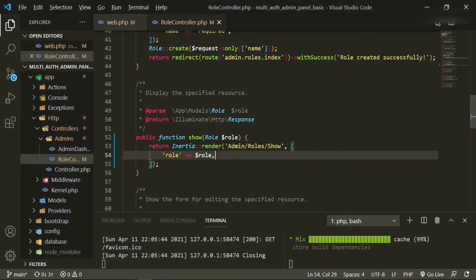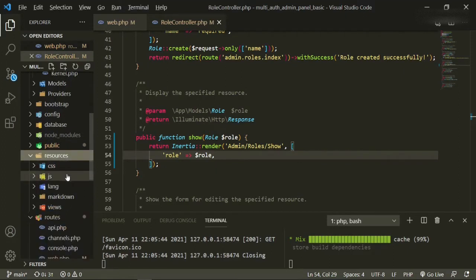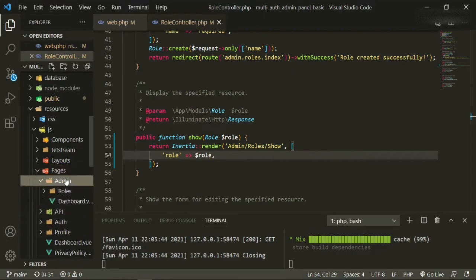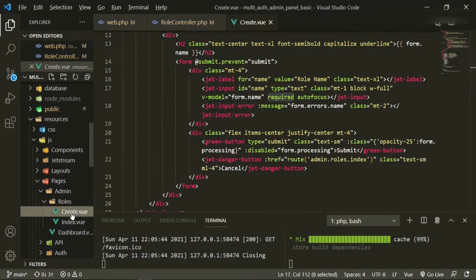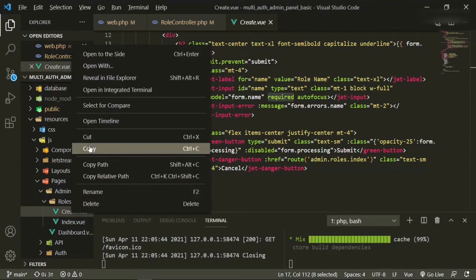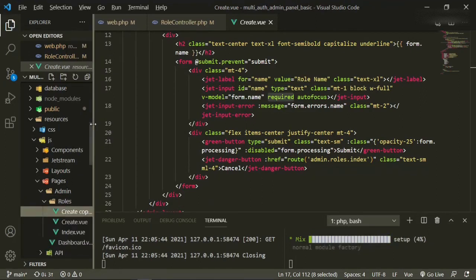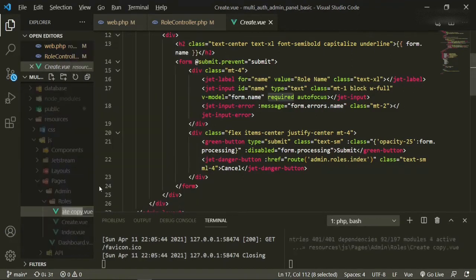Okay, now let's go ahead and create this page. We will just go ahead and take the create page, copy and paste it, and then we'll just rename it show.